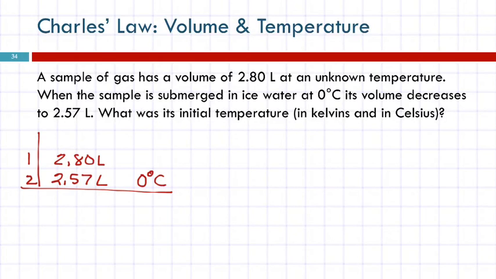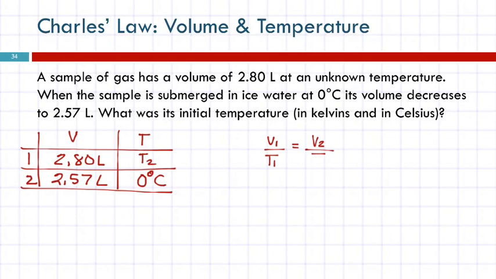Well, here's our table. This first column is what? Volume, and the second one is temperature. So here's our blank, T2. What's wrong with this temperature, though? It has to be in Kelvin. So our equation is V1 over T1 equals V2 over T2. Cross multiply and get rid of those fractions. V1 T2 is equal to V2